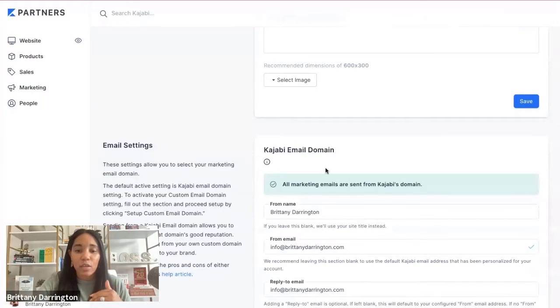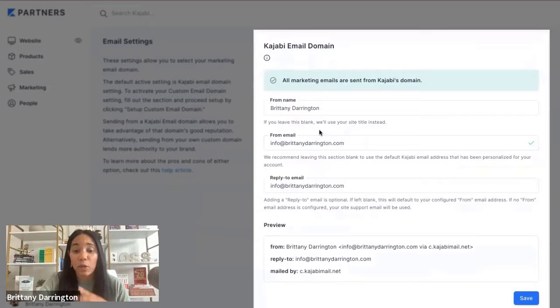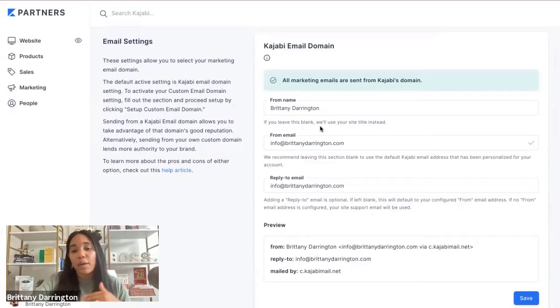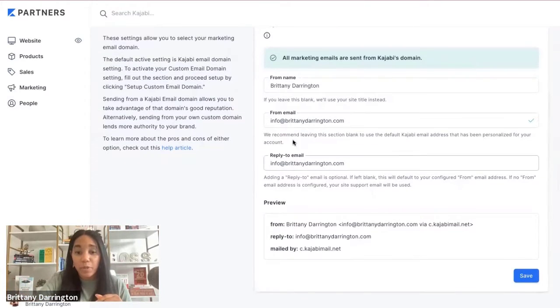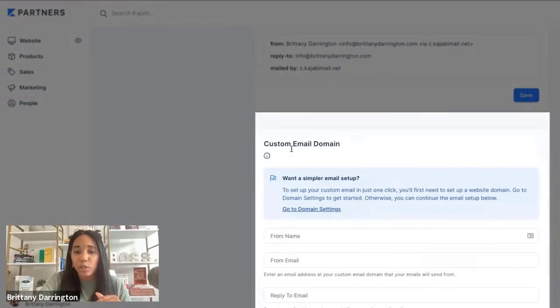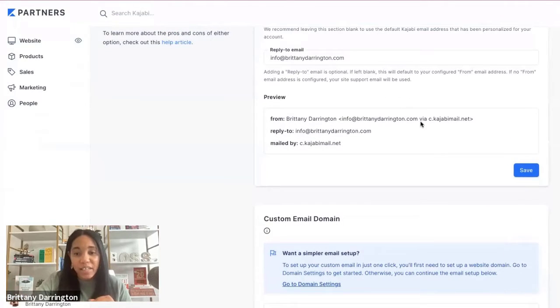You also want to add in your Kajabi email domain. So if you have a specific domain that is not going to be through kajabi.net, for example, info@BrittanyDarrington, that's a real email address. Basically, I don't want it to have .net associated with it. So though I would put this information here, I would also come down to where it says custom email domain, and I would plug in my information and follow the proper steps to ensure that we are utilizing info@BrittanyDarrington.com versus info@BrittanyDarrington via